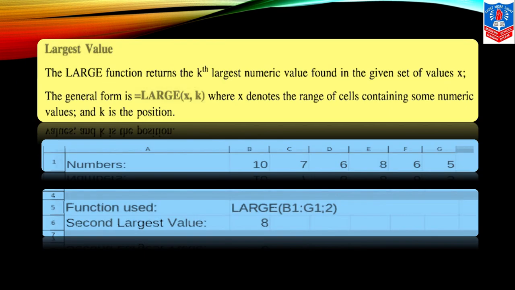Next is large. By default, the function name makes it clear. It will give us the largest value. Okay, let's see, children, here. The large function returns the kth largest numerical value found in the given set of values x, right? The general form is equals to large x, k,